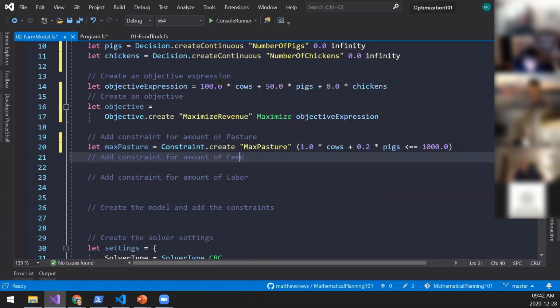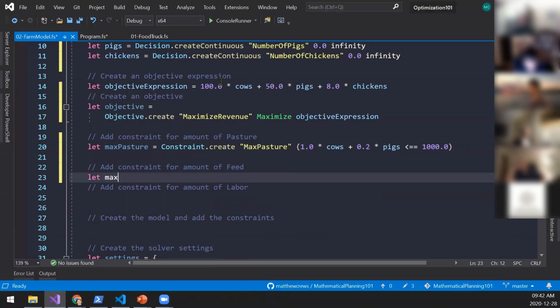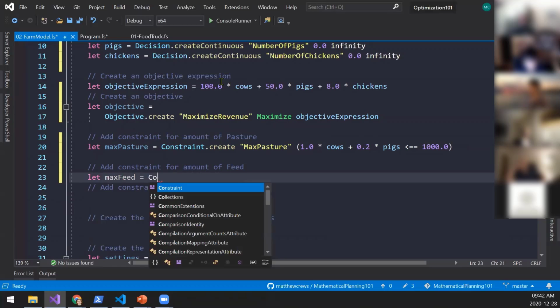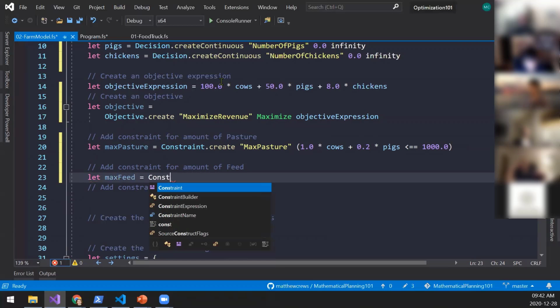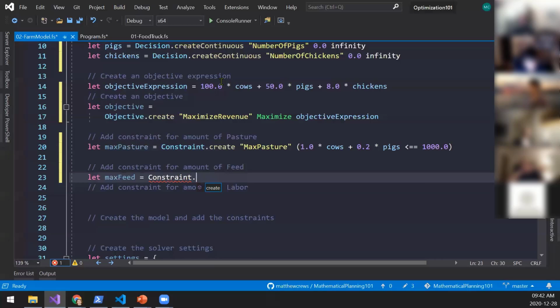Great. Now we need one for the feed. So let max feed equal constraint create max feed. This is going to be 1.0 times pigs plus 0.1 times chickens less or equal to 100.